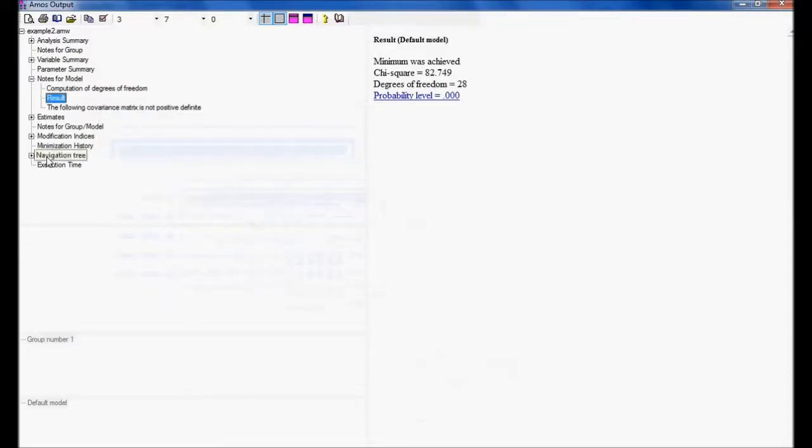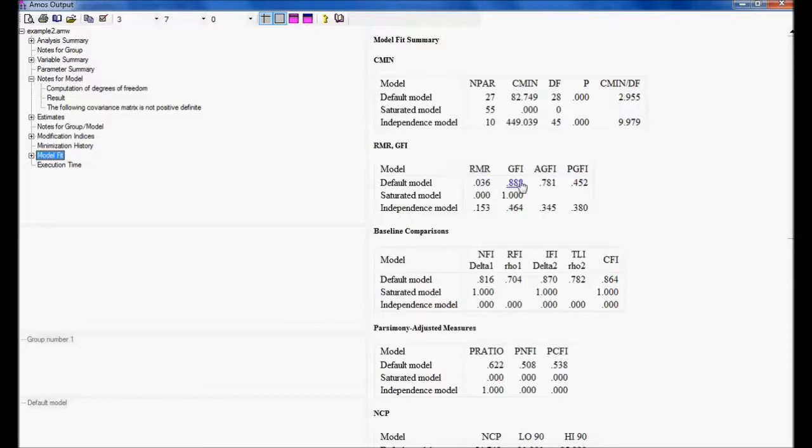Let me see if my model has fit. Let me directly go to GFI, the goodness of fit index. In the earlier model, my goodness of fit was 0.86, but now it has become 0.88, which means my model has become better by maintaining the covariance between errors E2 and E6. So this is the usefulness of modification indices. We can go on doing one more step. If I do one more step of modification indices, then my model becomes better.